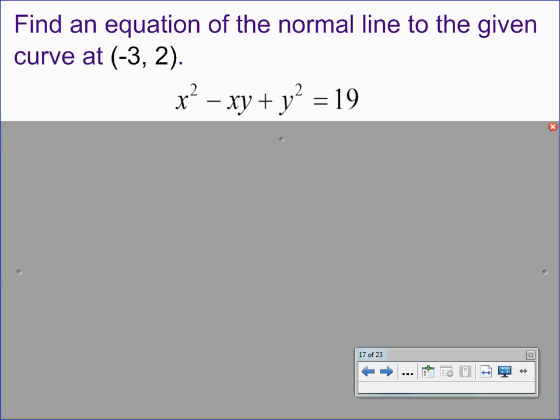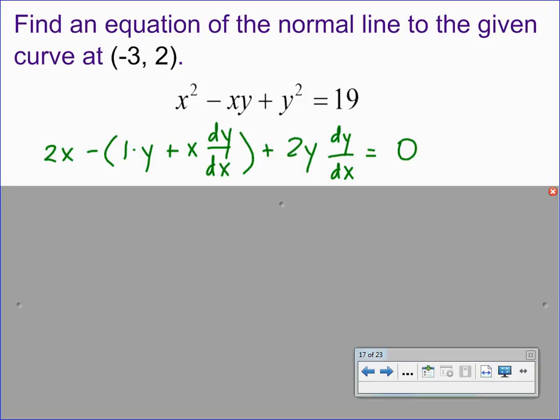Okay, ladies and gentlemen, as we differentiate our implicit relation term by term, we're going to use the chain rule anytime we differentiate a y term, because we're differentiating with respect to x, and y is a function of x. So here we go. 2x minus, and then I went ahead and chose to apply the product rule again in parentheses, so I want to make sure that I'm comfortable with that negative and distributing it after the fact. The derivative of the first times the second plus the first times the derivative of the second. There's my dy dx or my y prime, and then plus 2y y prime, again the chain rule, and then